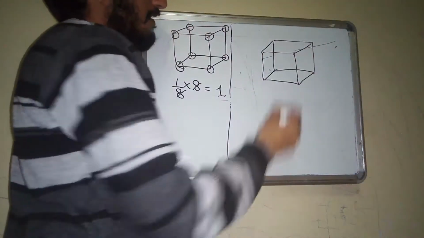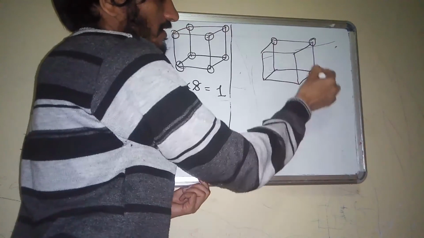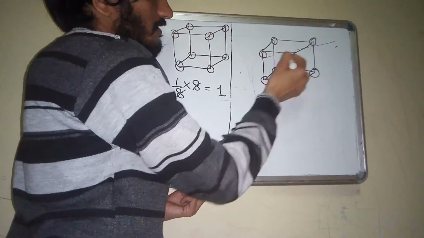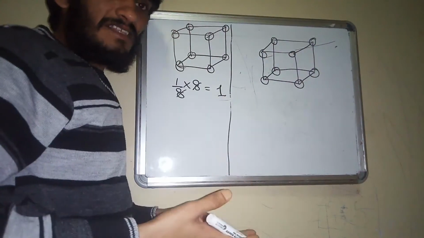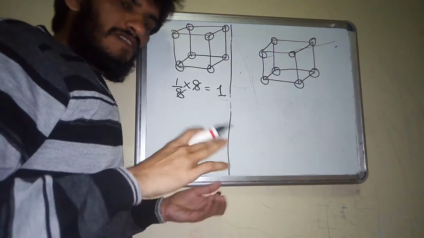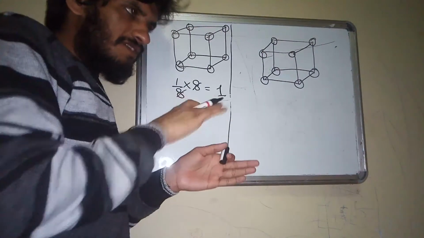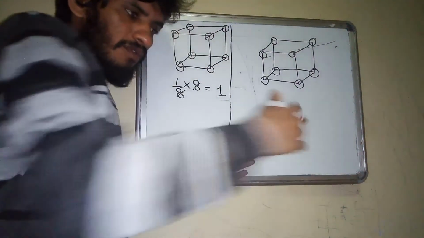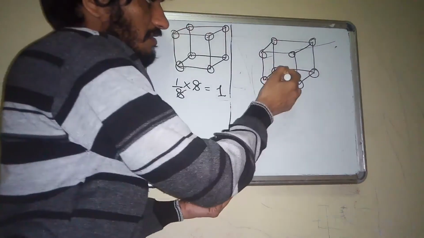Now see here, in 8 corners 8 atoms are present. It remains usual in all the unit cells. And what is face center? What is the face? How many faces are there for a cube? The cube means length, height and breadth are equal. So how many faces? Up one face, bottom one face, and all 4 sides 4 faces. Understand? So totally 6 faces. So on 6 faces,